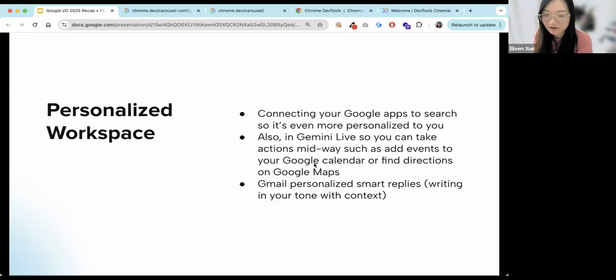I know I write in a certain way as well. Like, I don't write like AI, but I have my quirks, maybe certain words I use. Because it's trained on your data and all your years of writing, if you use Gmail, it can start writing like you. It won't be writing just like an AI. It would be writing like you, and also based on your context.